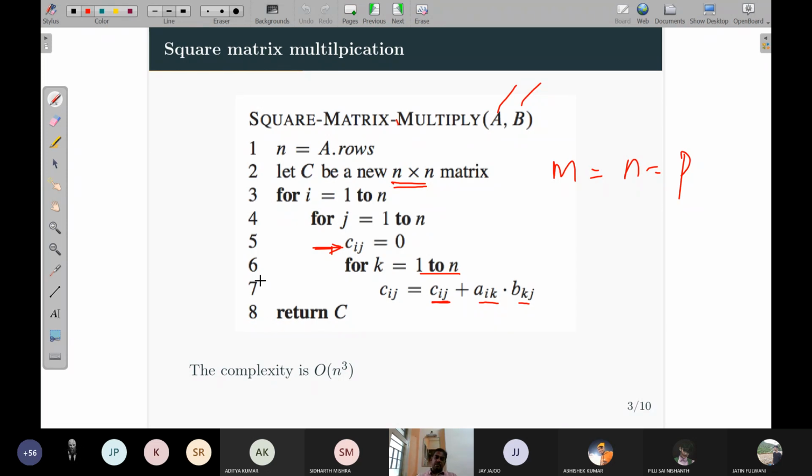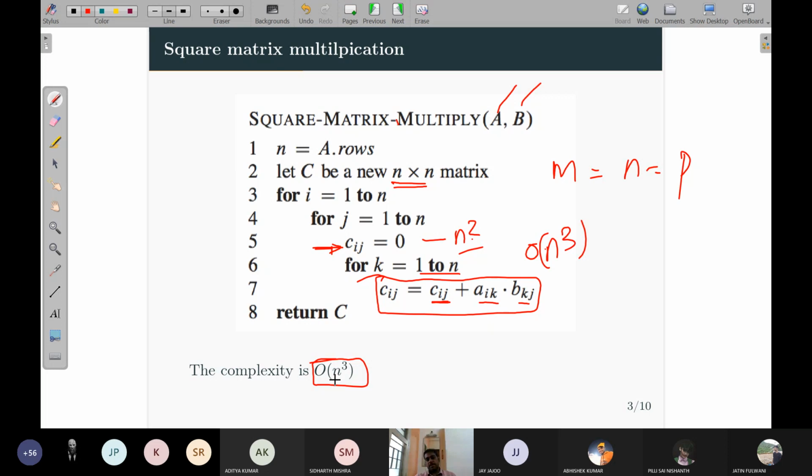So this is the algorithm. And what is the complexity? It is big O of n cube. What is the reason for that complexity? Because there are three nested for loops. If you apply the frequency counting method for identifying the complexity, you count the frequency of each instruction. The innermost statement will be executed n cube times, and the statement before it will be executed n square times. So the bigger value is big O of n cube, and that is the complexity of the algorithm.